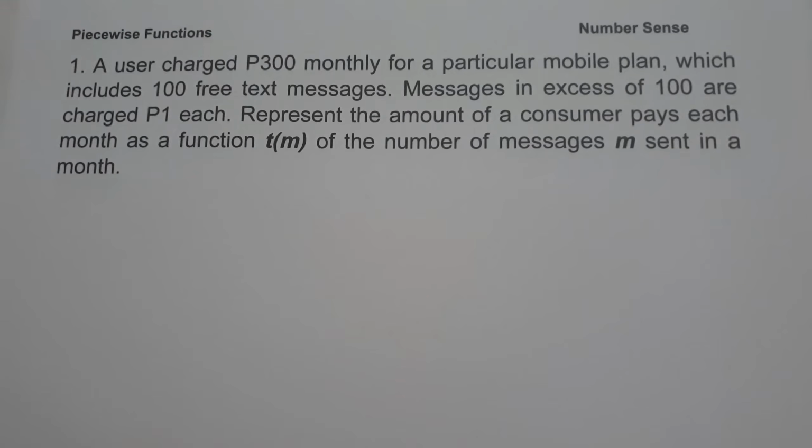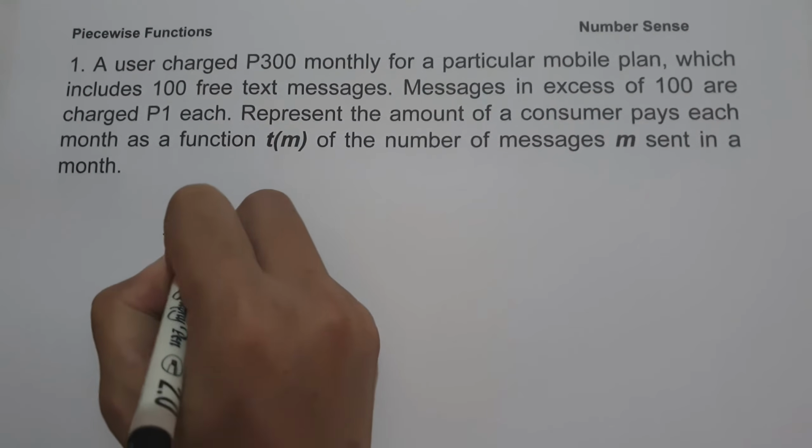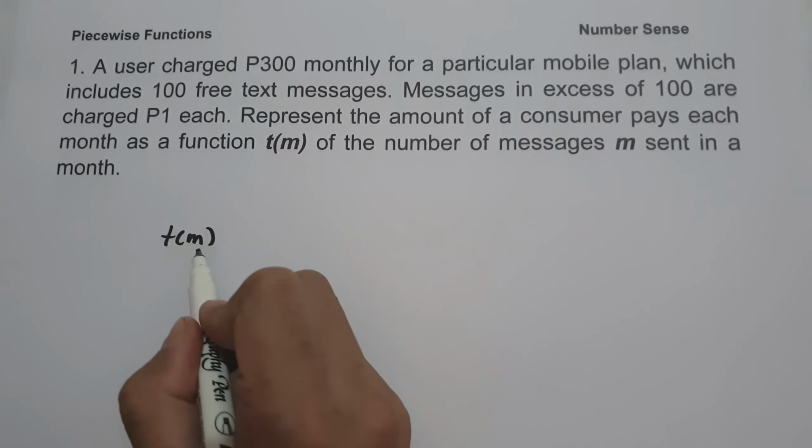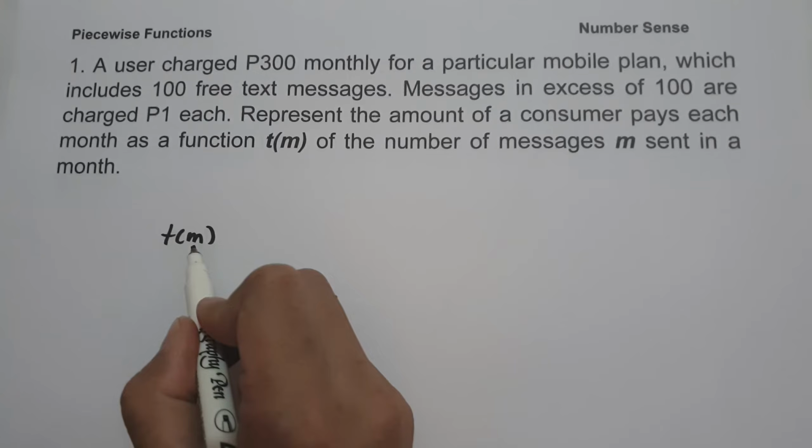A user is charged 300 pesos monthly for a particular mobile plan which includes 100 free text messages. Messages in excess of 100 are charged 1 peso each. Represent the amount a consumer pays each month as a function T of M of the number of messages M sent in a month. So let us have T of M. T of M, that is the amount a consumer pays each month, and M,